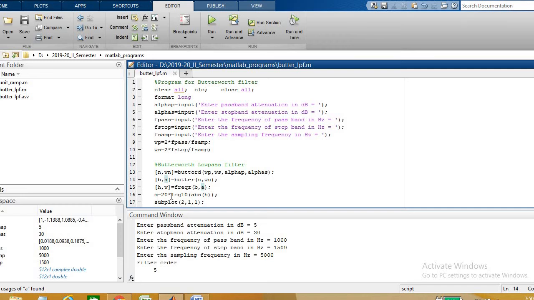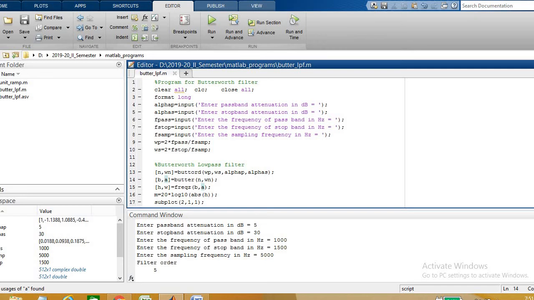M is the variable used to store the magnitude. 20 log of abs of H, where H is the transfer function value, gives the magnitude. So M is the magnitude of the transfer function in decibels.